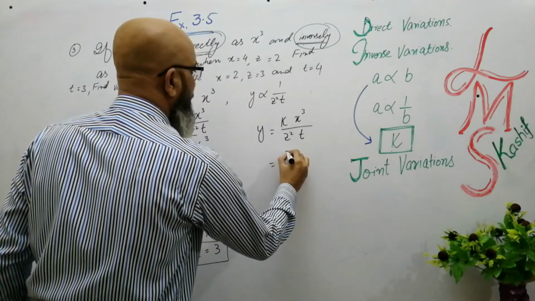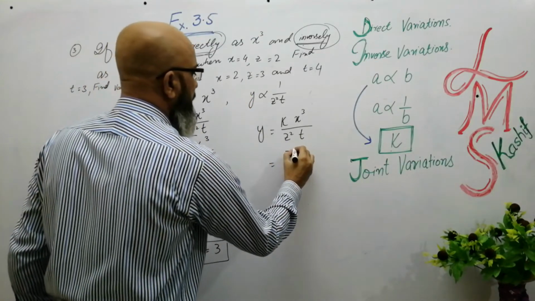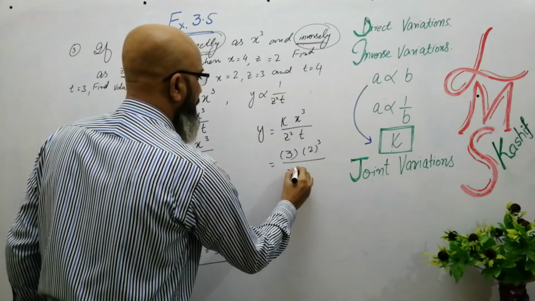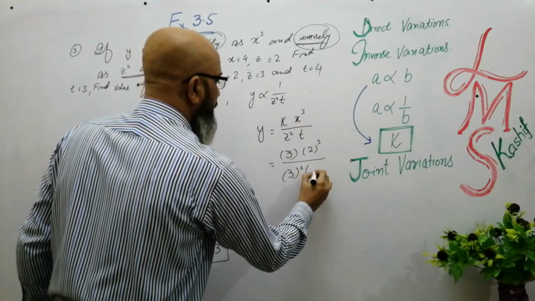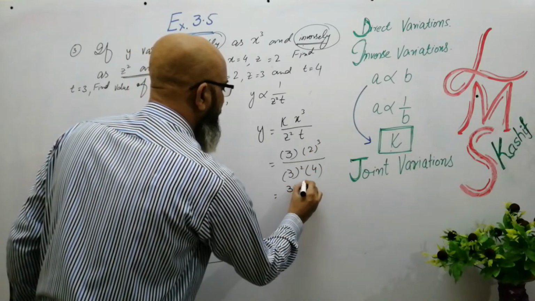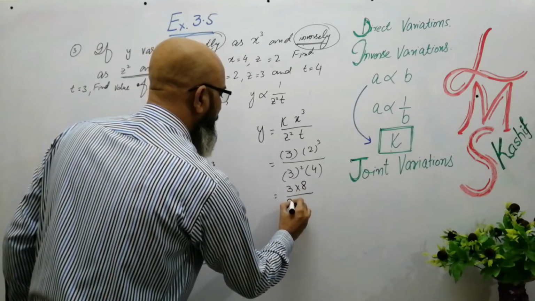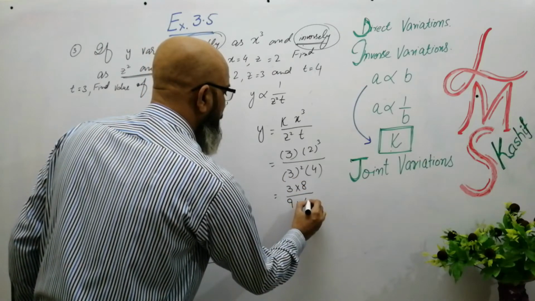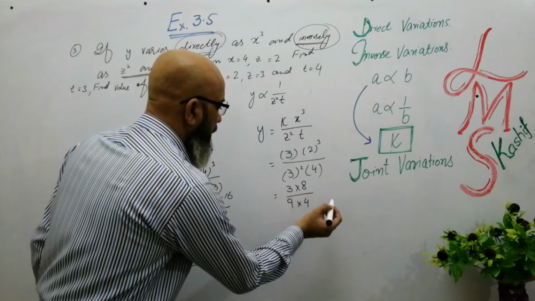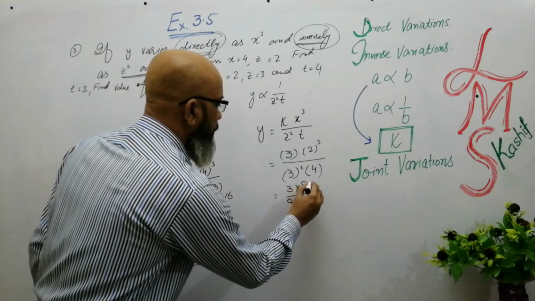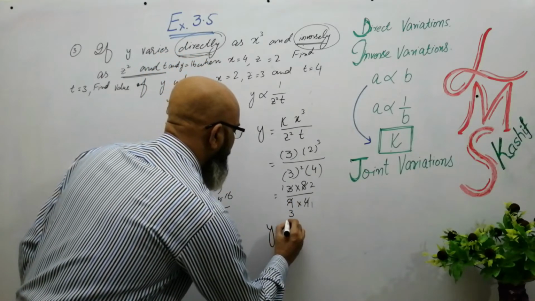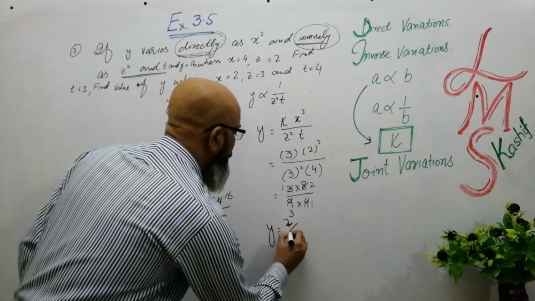What is the value of k? That is 3. What is the value of x? That is 2 cube. What is the value of z? That is 3 square, and the value of t, that is 4. So 2 2s are 4, 2 4s are 8. 3 multiplied by 8. 3 3s are 9 multiplied by 4. So how can you simplify this one? It's very easy. 4 1s are 4, 4 2s are 8, 3 1s are 3, 3 3s are 9. So y has the answer of 2 over 3.